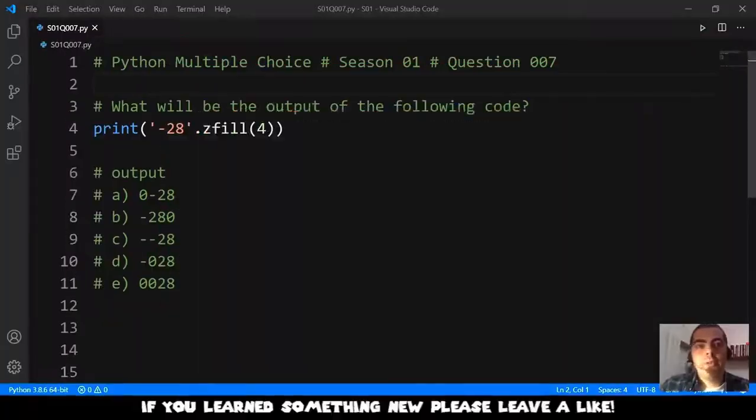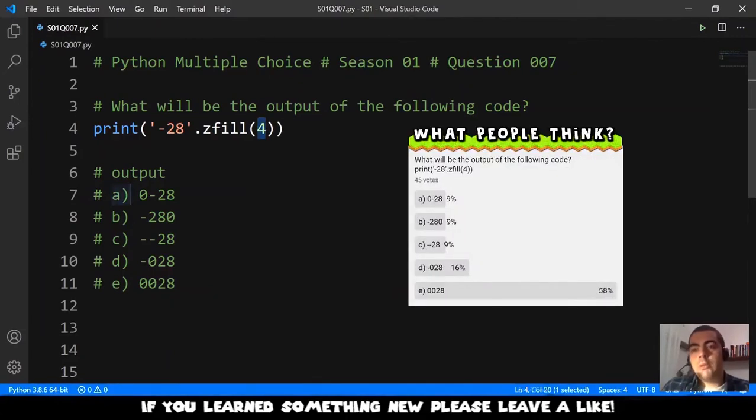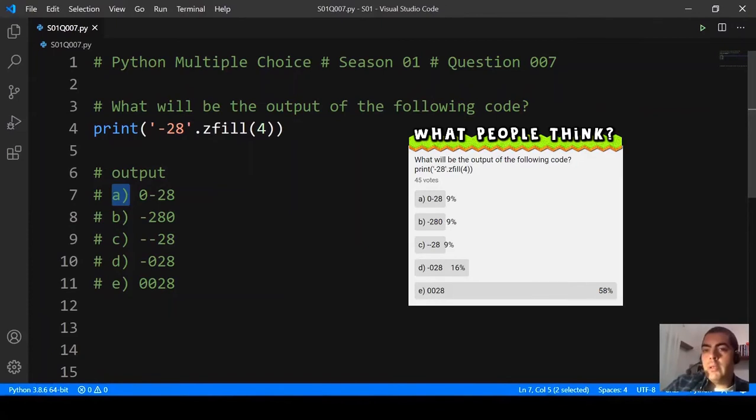Let's see the question number 7. What will be the output of the following code? We have here the string -28, and then we call the method zfill. We provide the number 4 as a parameter, and the options are A 0 -28, B